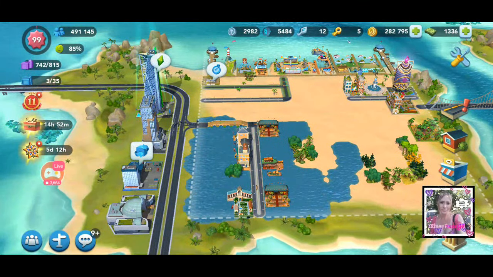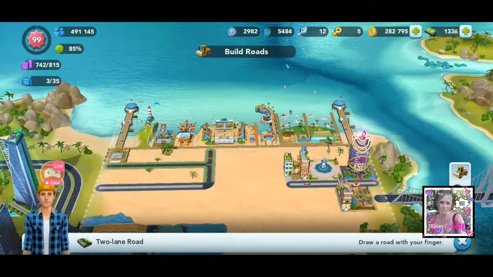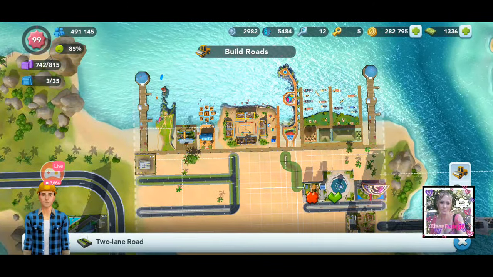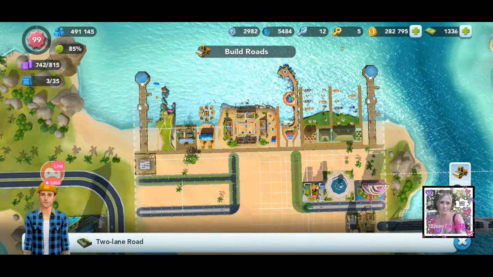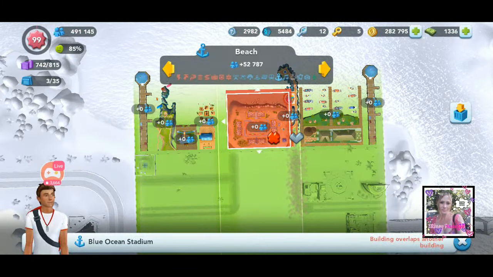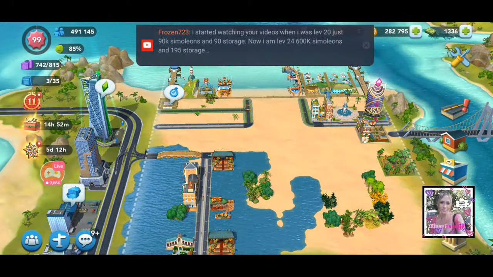So now what I was thinking was going like this, kind of, there we go. Now this was going to have a delta right here. And then have water that kind of flows